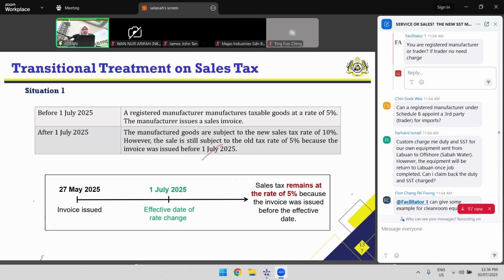Okay, this is another scenario. Let's say before 1st July, an RM manufactures taxable goods at a rate of 5%. He issued the sales invoice. And after 1st July, the goods are subject to the change. Now the goods which were previously 5% become 10%. However, the sale is still subject to the old tax rate of 5% because he issued the invoice before